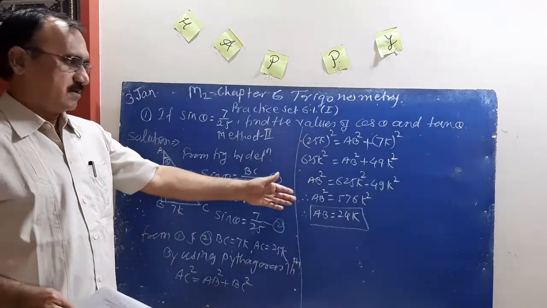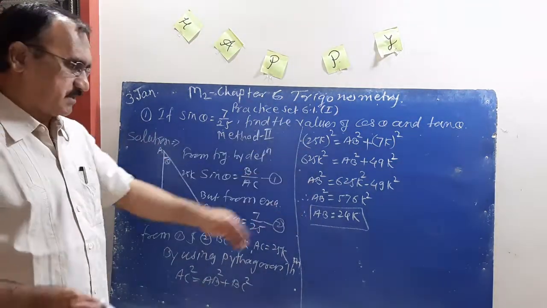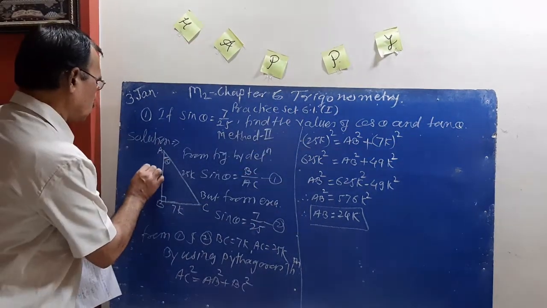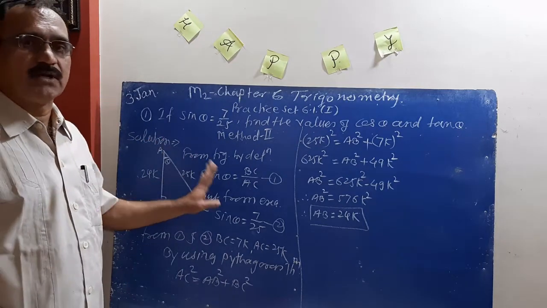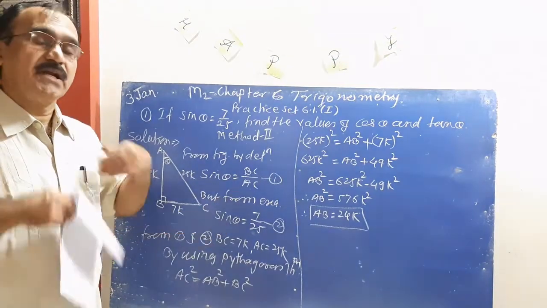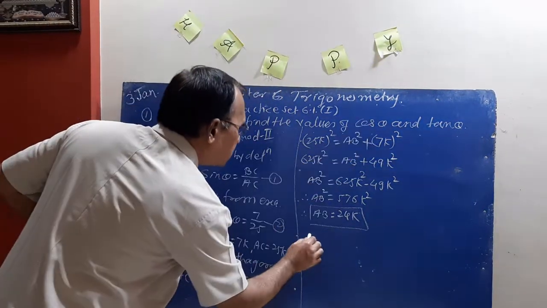This is very easy, and you know the Pythagoras formula. According to this, we can solve this. AB is equal to 24K. And if we know all three sides of a right angle triangle, we can write the 6 trigonometric ratios. Here we want only